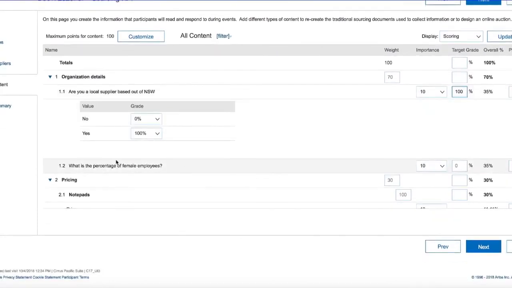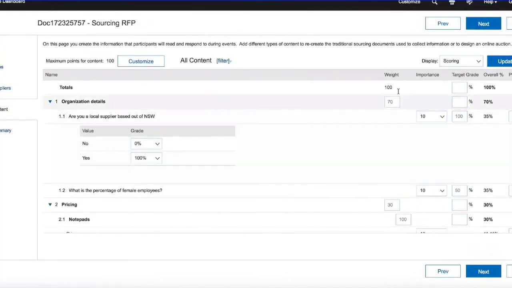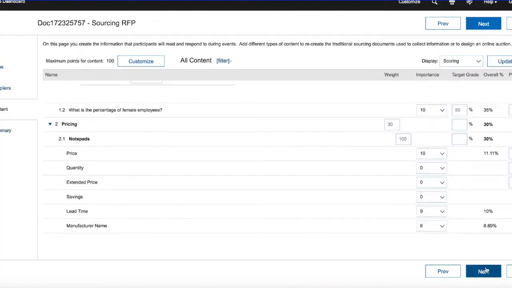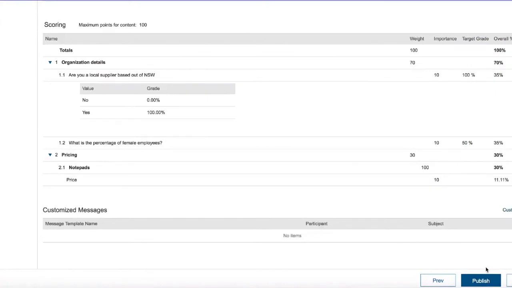And we can set what the percentage of female employees should be. We'll set this to 50%. Again, this doesn't really have any impact, but it's more of an indicator for us once we're actually grading. So we'll go ahead and update now. You'll notice it's at 100%, so we're all fine here. If we go next now, to the summary page,